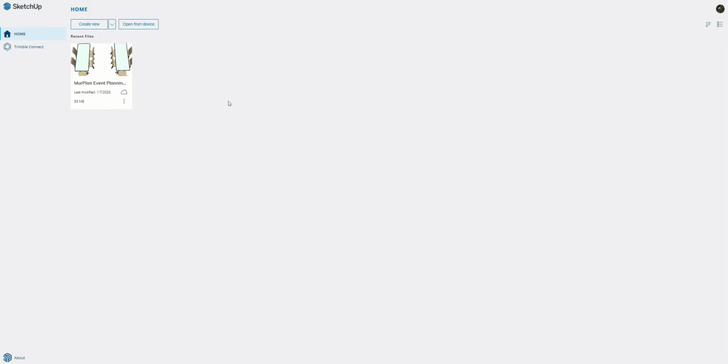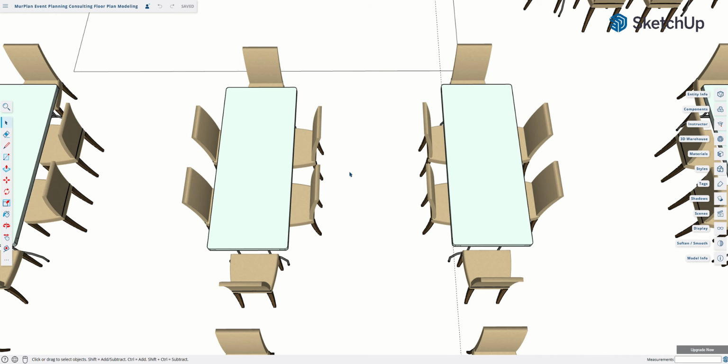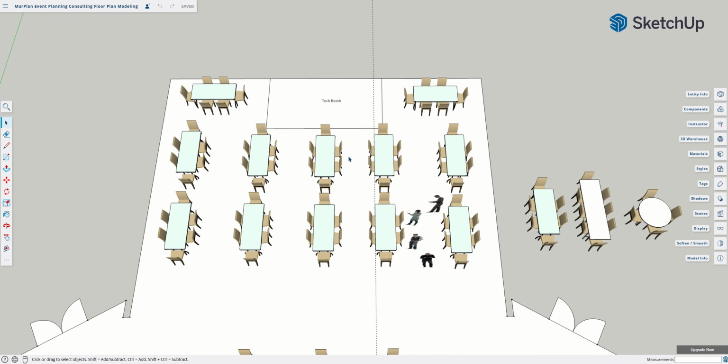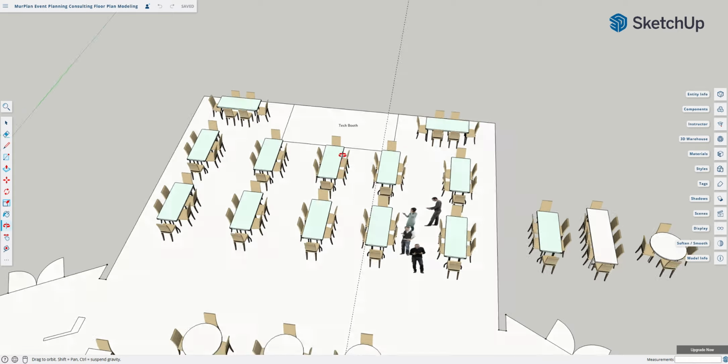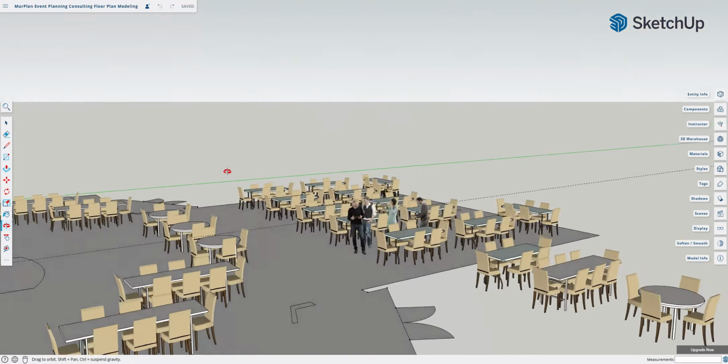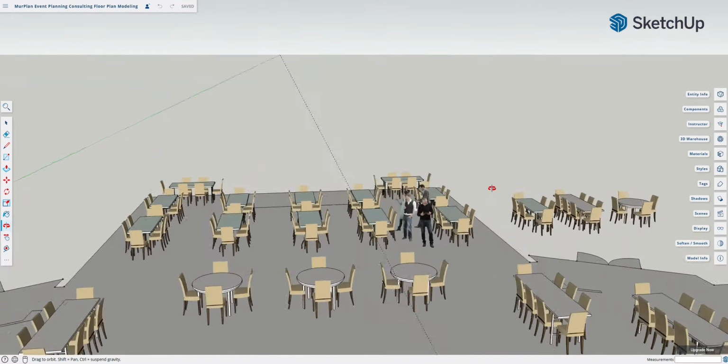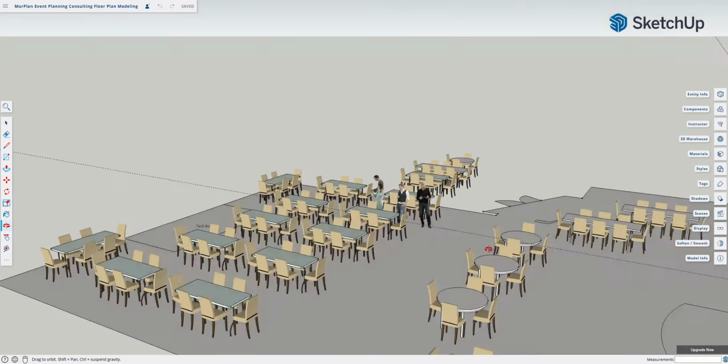Today I'm going to show you how to use Sketchup, a free online tool, to create a floor plan of your event space. This is very useful if you're doing a layout for said event space. You can accurately place your tables and chairs, go into quick 3D mode, spin around. It's a great way to visualize how you're going to use your space,